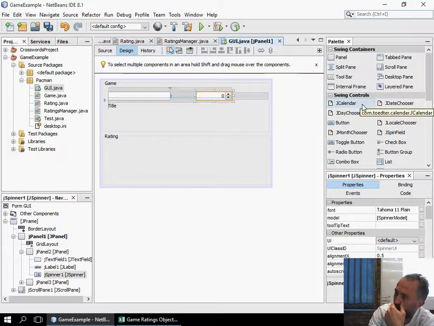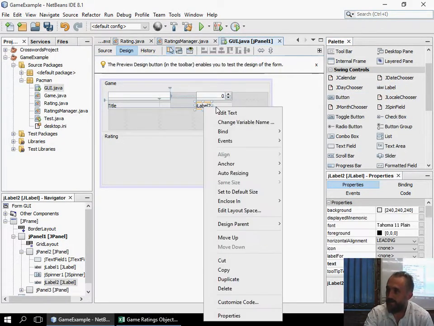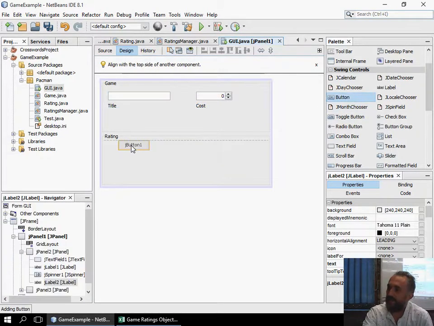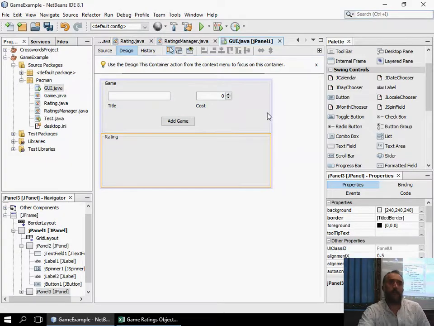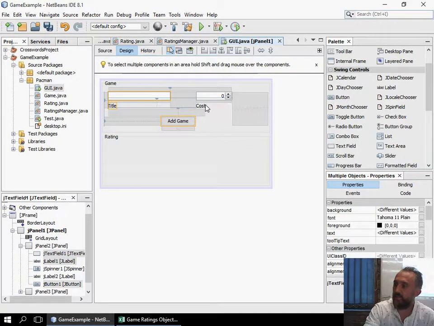So not rating, cost. Label, I'm getting myself dizzy here. And this will be the cost, and I'll then have a button to add game. Cool, do you guys get that? Now, for the rating, I want the same kind of thing. So if I select all of them here,